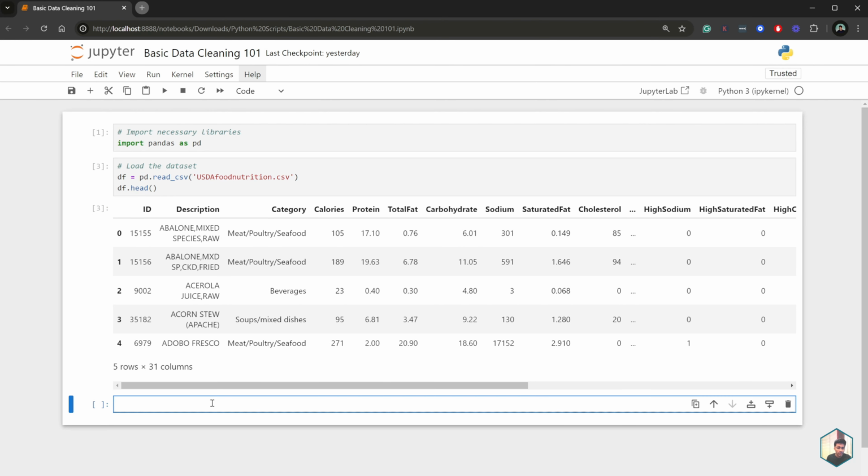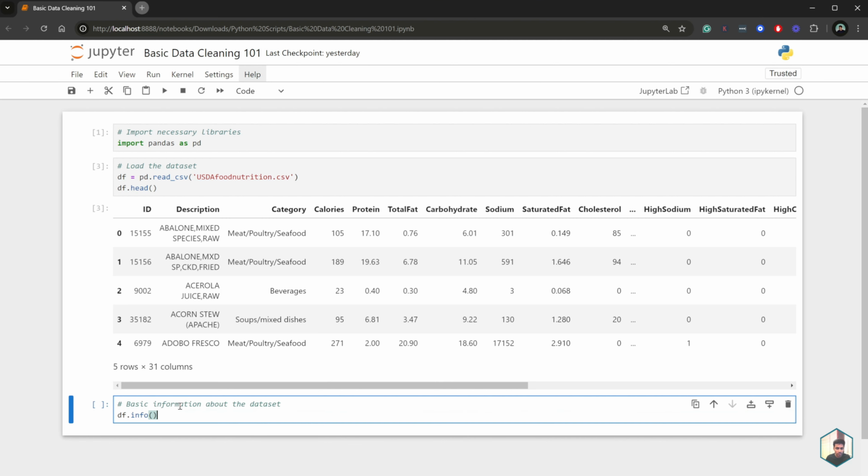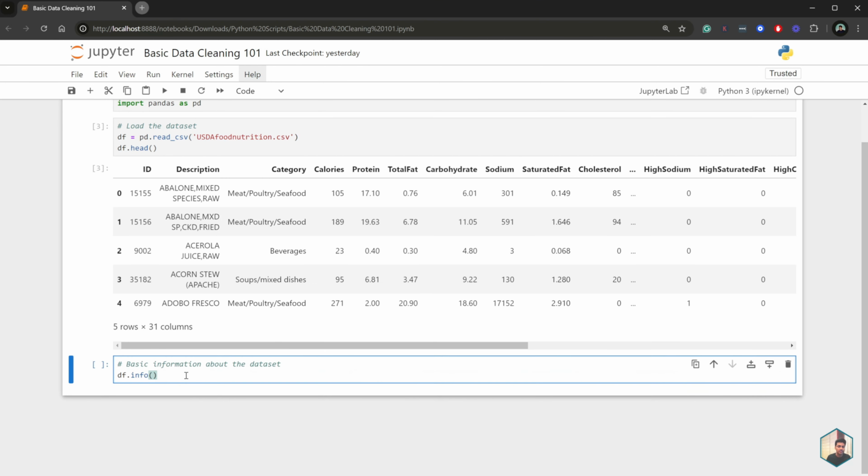Now that we've loaded the data set into our Jupyter Notebook, the next step would be to actually get familiar with and understand our data set a bit more before we go into doing some cleaning. How I like to do this is by first calling df.info just to get some basic information about the data set.